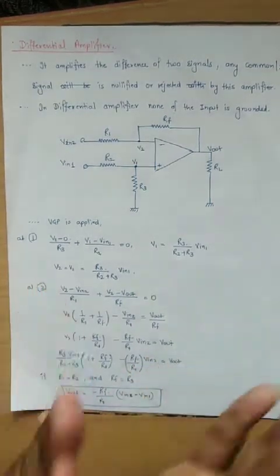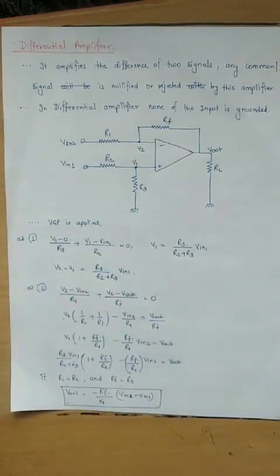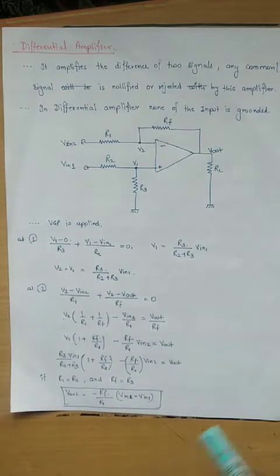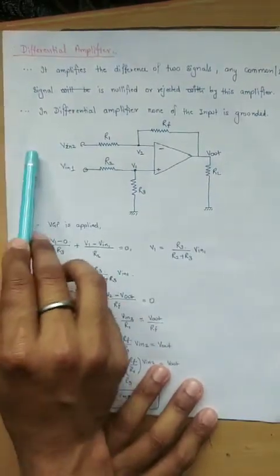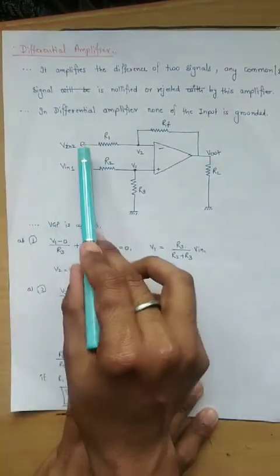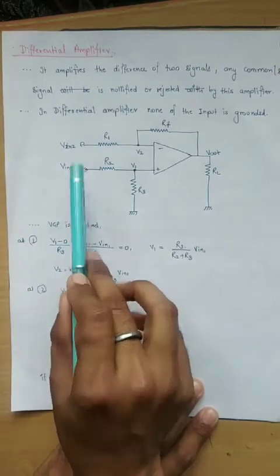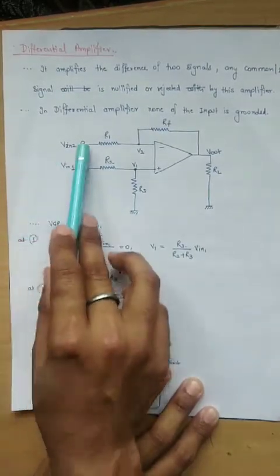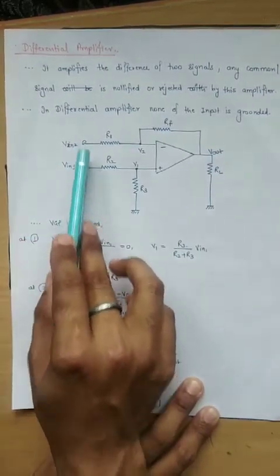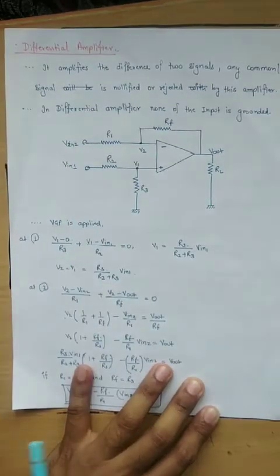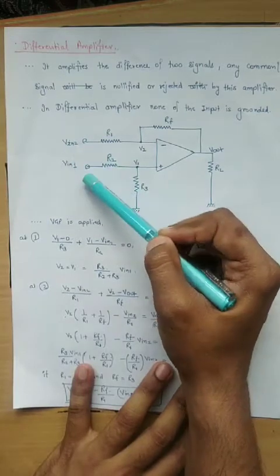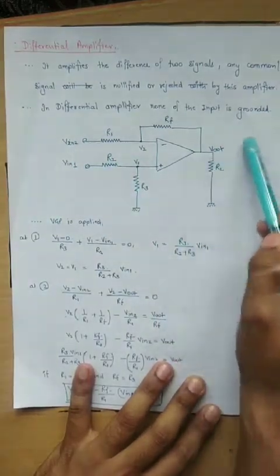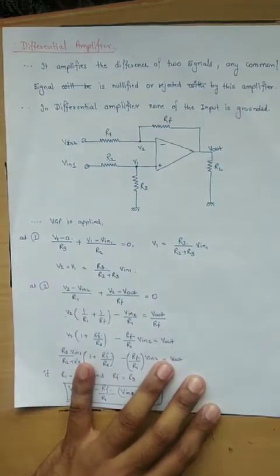But why is it called a differential amplifier? Because when noise comes into the circuit, suppose noise is coming from here, then the noise will be applicable here and here. It is incoming noise. The amplitude of the noise at both these two terminals will be the same. And what are we getting at the output? The difference of these two signals. It means at the output the noise will be zero.